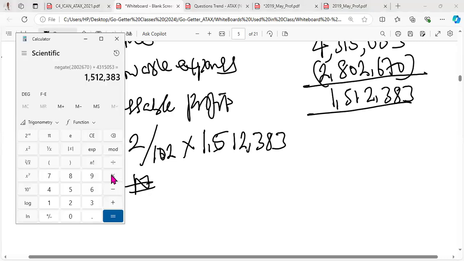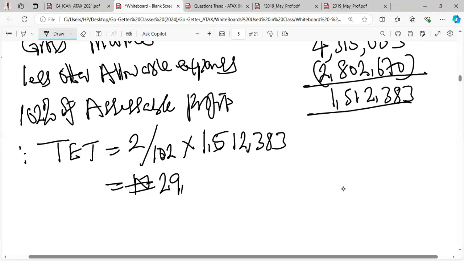So I'll just multiply by 2, divide by 102, and I'll approximate it to the nearest whole number, 29,655. So if you look at theirs,